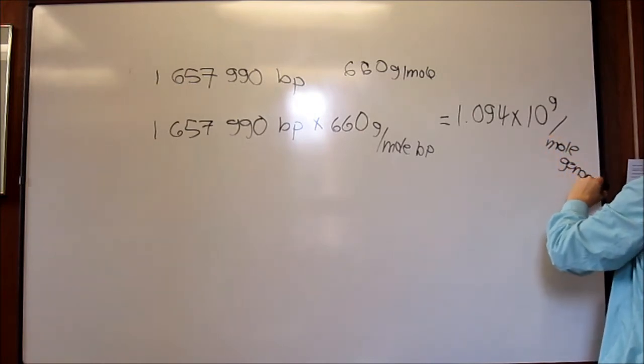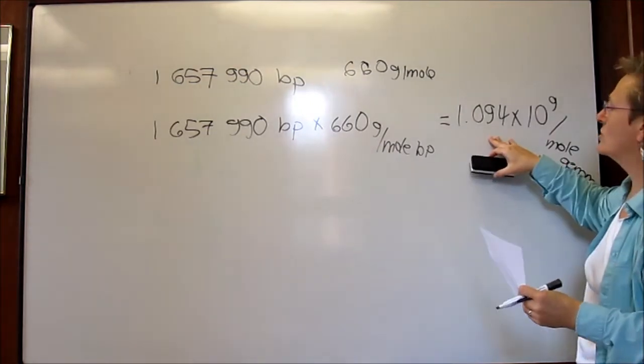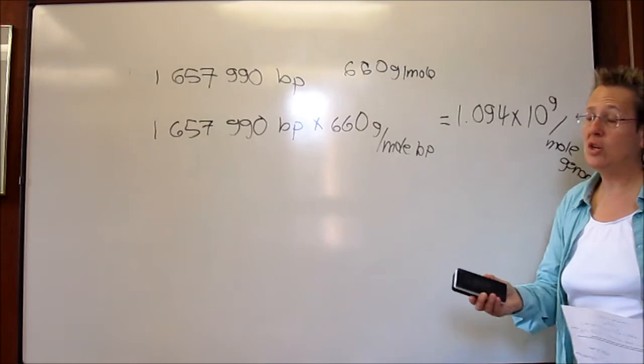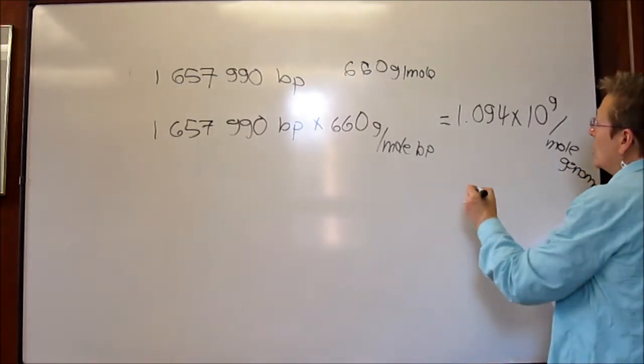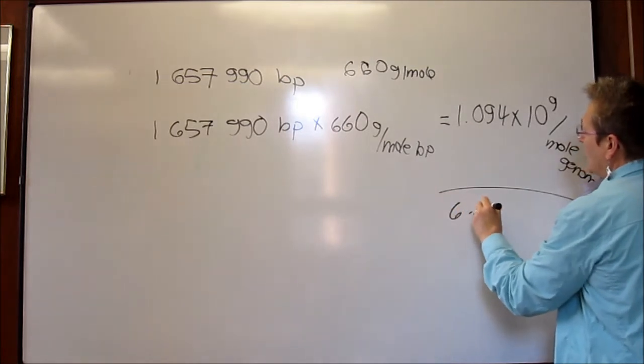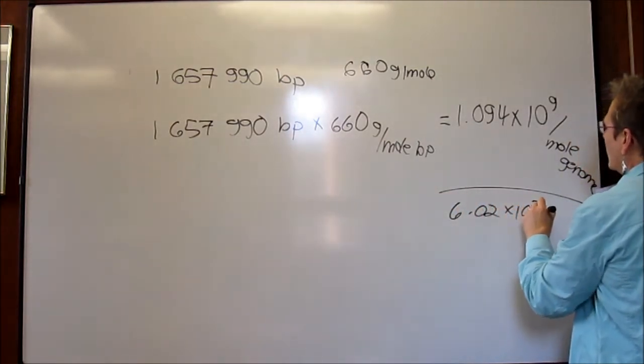So if we had a whole mole of genomes, it would weigh this huge amount. However, each cell, on average, only has one genome copy, at least for this organism. So we have to take this number and divide by 6.02 times 10 to the 23rd